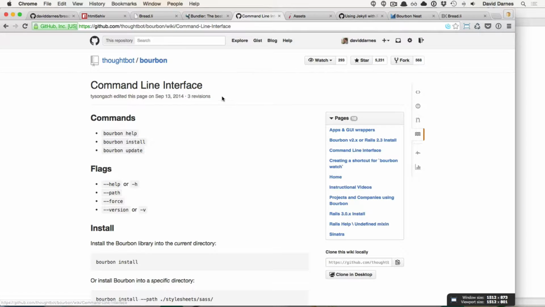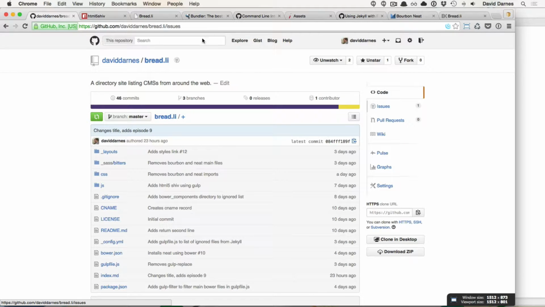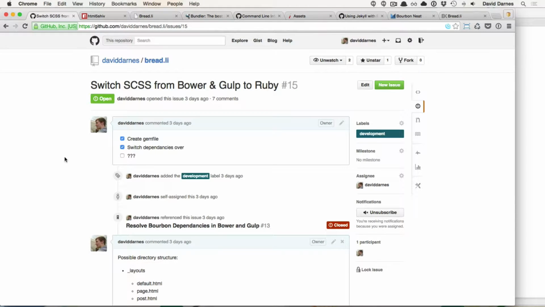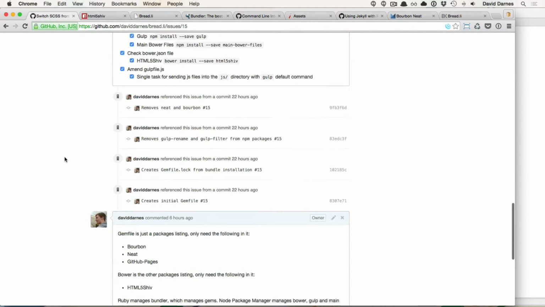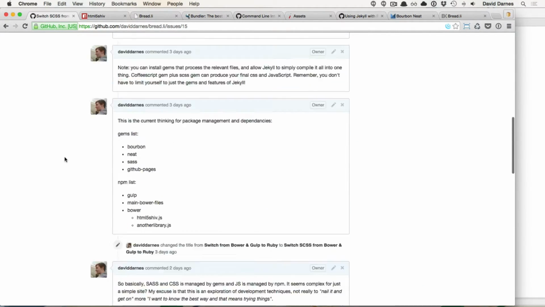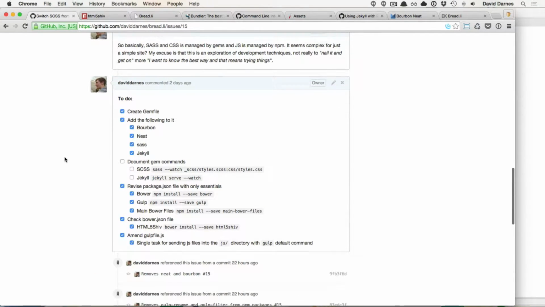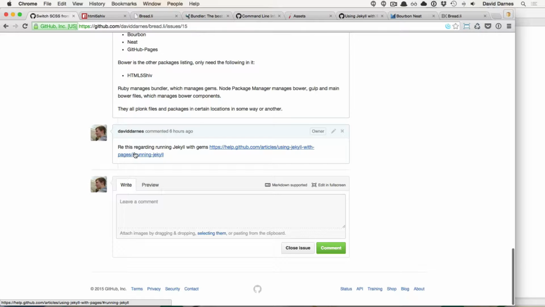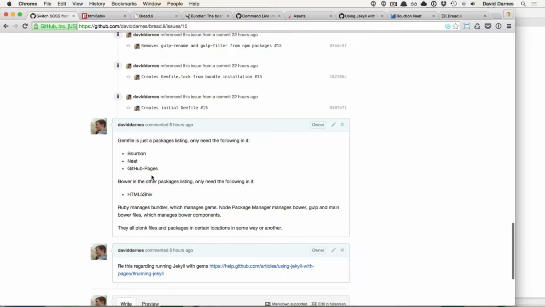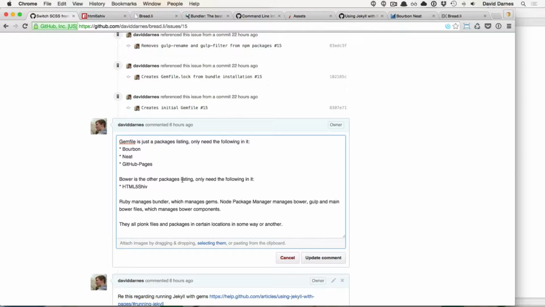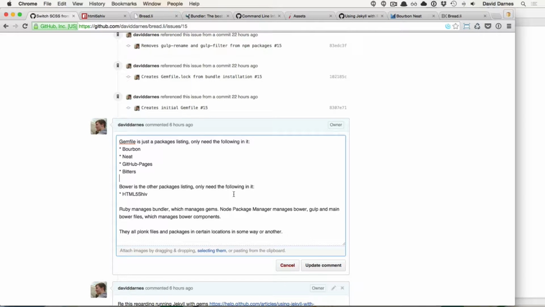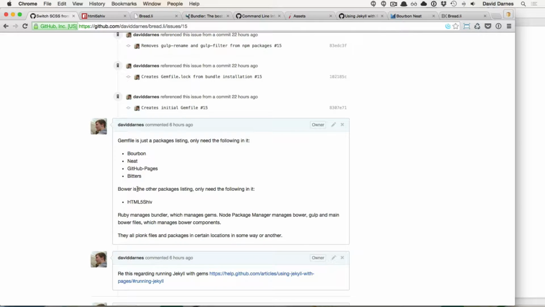We need to refer to our issue. We need to refer to hash 15 with our checklist. You see that there? Checklist. And then I put a comment here. This is me going on a tangent again. Gemfile is just a packages listing. I only need the following in it: Bourbon, Neat, and Pages. Well, we said that. We actually did add in Bitters as well. This is Bower, the other packages listing. I only need the following in it: